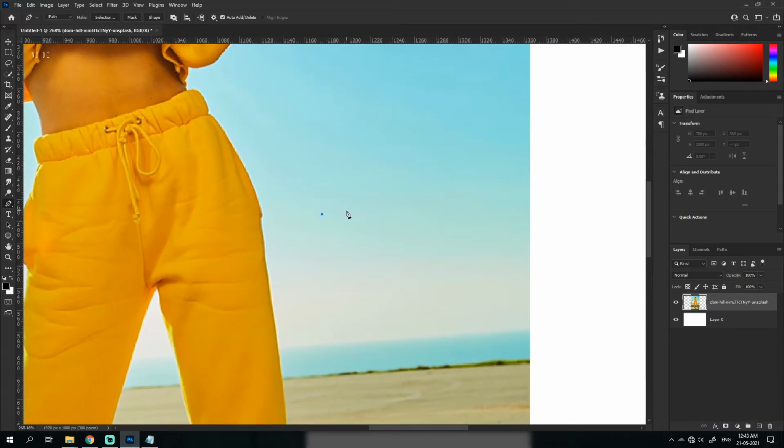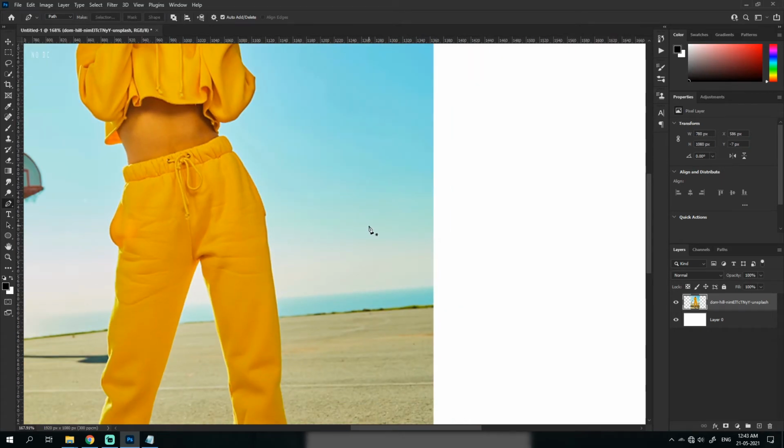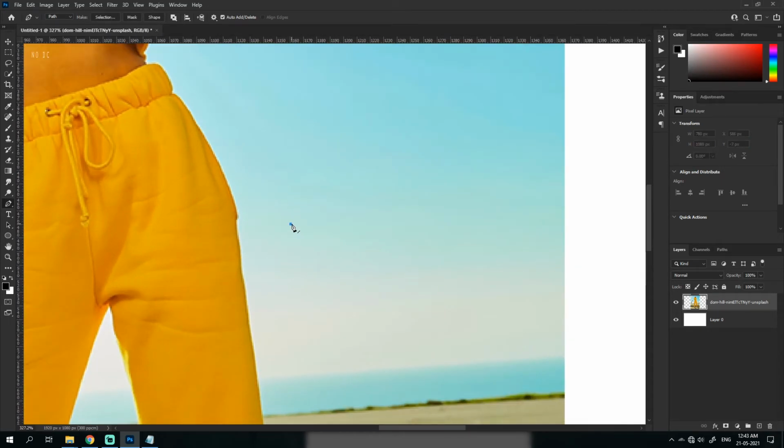But what I'm saying is, if I select this section, you could just press escape if you have made this thing, and then it just removes it. I click left once, and I made this arc. So if I want to make another arc like this, I couldn't, because it is set to make this curvature wherever you make it. So if I just do this, it will again do a curvature like this, but I don't want it. I want it to be straight, or I want it to be like this.